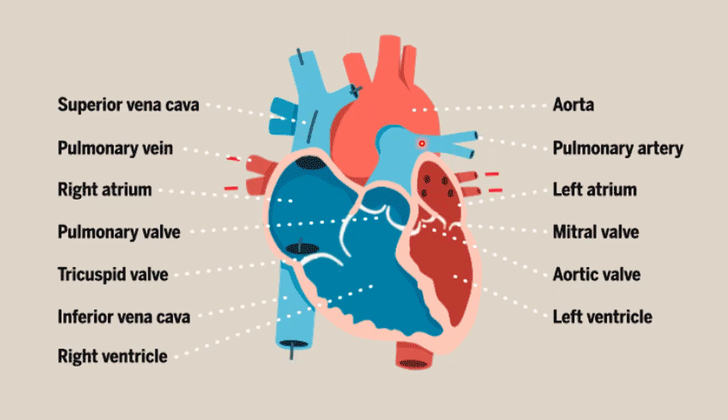Alright, now, how about the oxygenated blood? How does it enter the heart? Of course, from our aorta, somehow. Okay, but we call this the pulmonary vein. Okay, so the pulmonary vein,